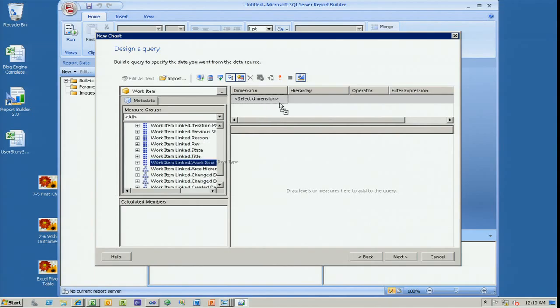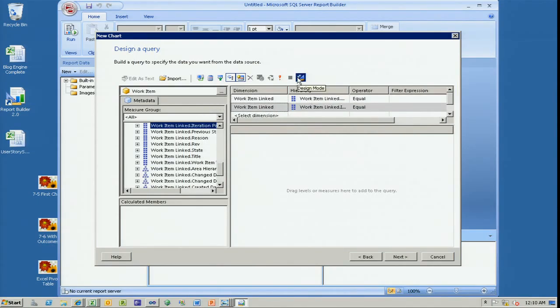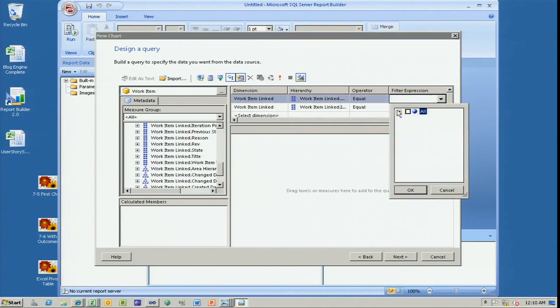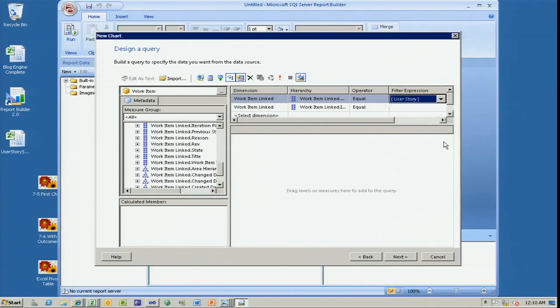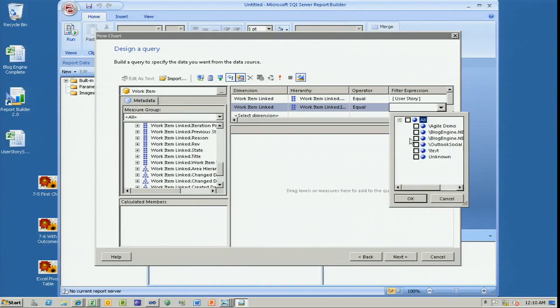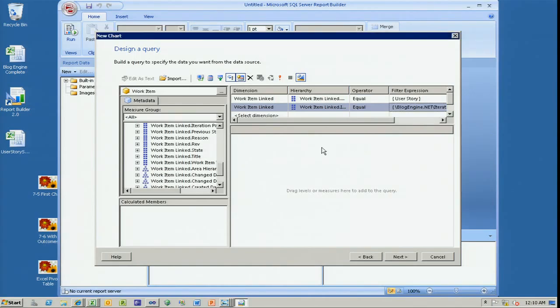So we're going to take the work item type and drop it up here. We're going to take the iteration path and drop it up here. These are the 2 dimensions that we're going to be using. And then we simply drag in our measures. Well, first let's set this to user story. Let's set this one to our second iteration. And then we want our work item title, and we want